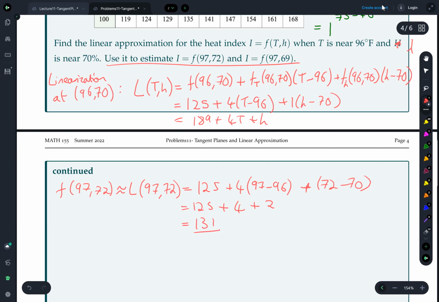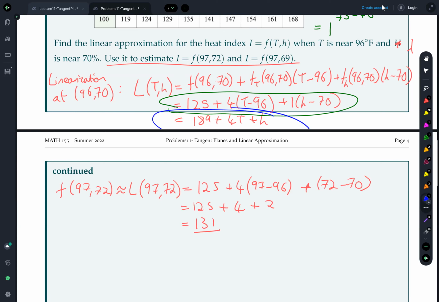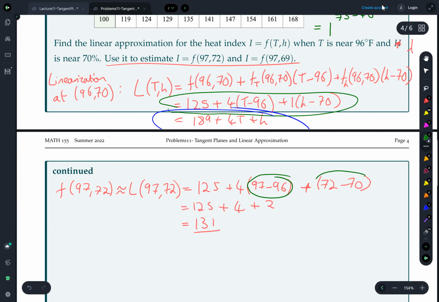So you see why this is sometimes easier to work in this format here, where we leave the t minus 96 and the h minus 70, rather than working with what we have in this blue circled box here. Because when we substitute our values in, the values in our brackets here are going to be very small. And we want them to be small because we're doing a linear approximation close to that point, right? So these should always be quite small. So it's easier to, in this case, just take our function value and then add or subtract a small amount to it,